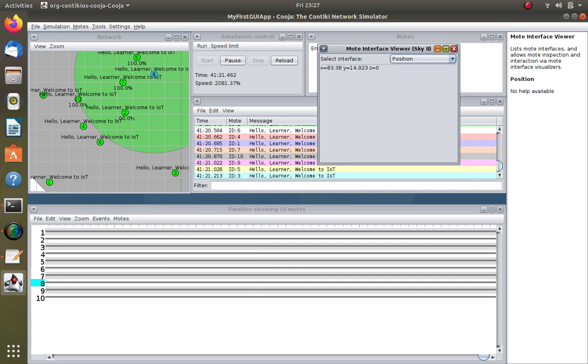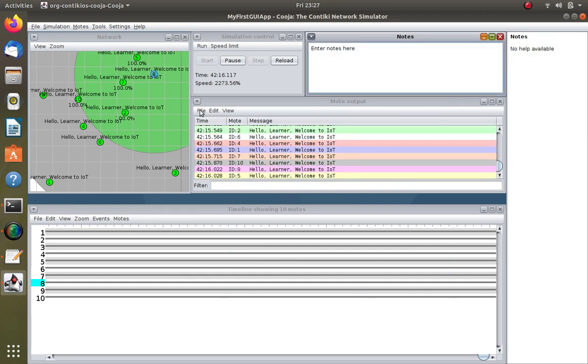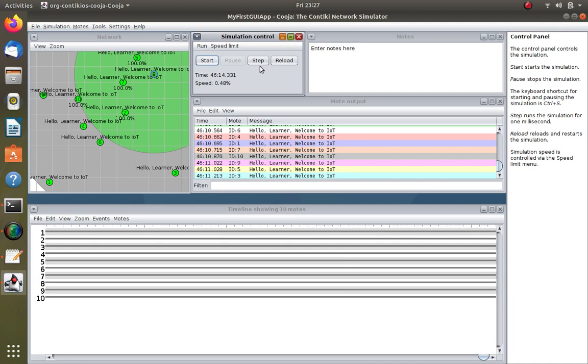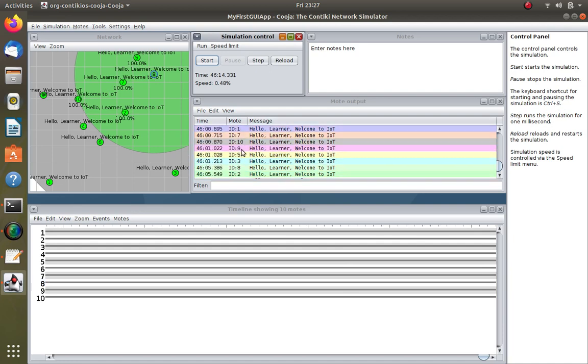And here this is the window where the mote output is shown. You can select this and save it to your file. So what happens in this case, if ID 3, ID 4, 5 like this, maybe I will just pause the simulation for some time. Now you can see ID number 7, hello learner, welcome to IoT.